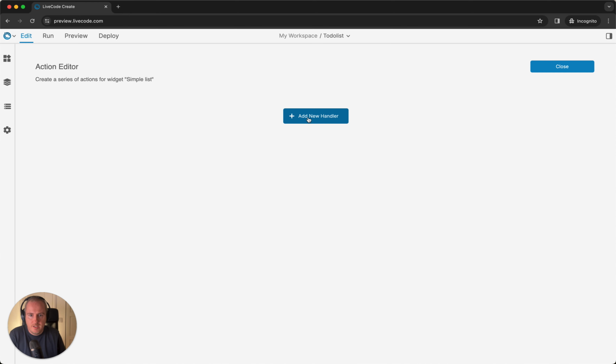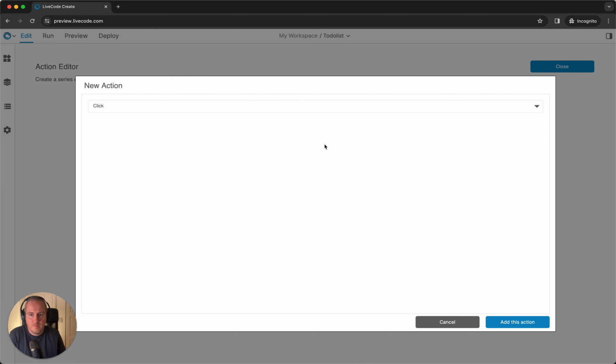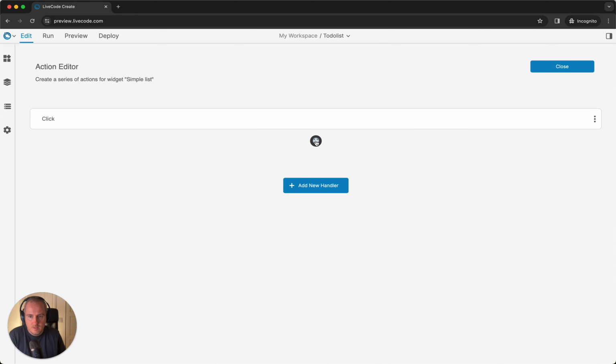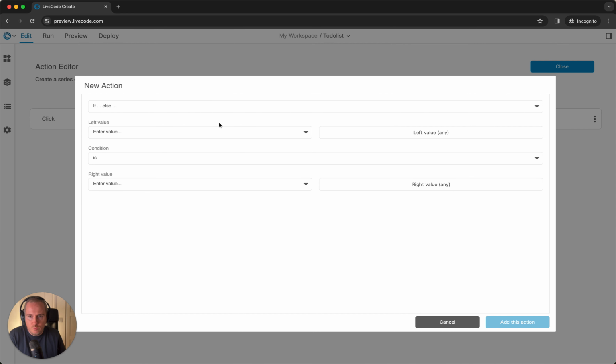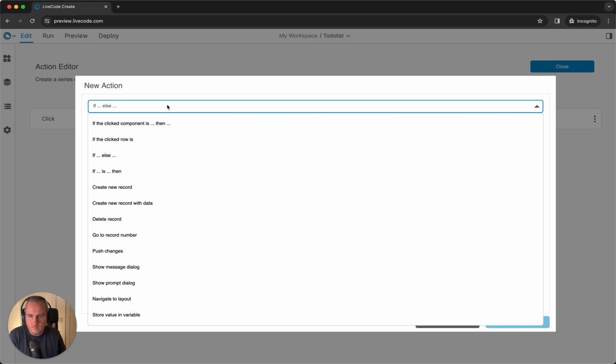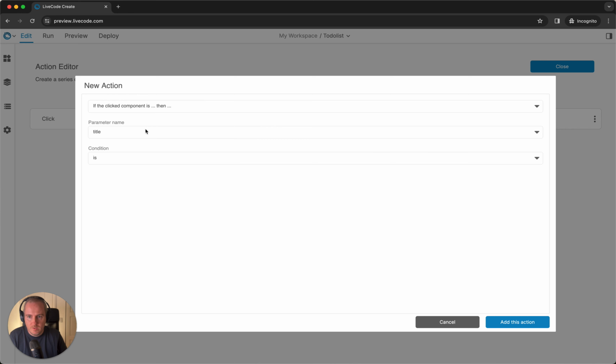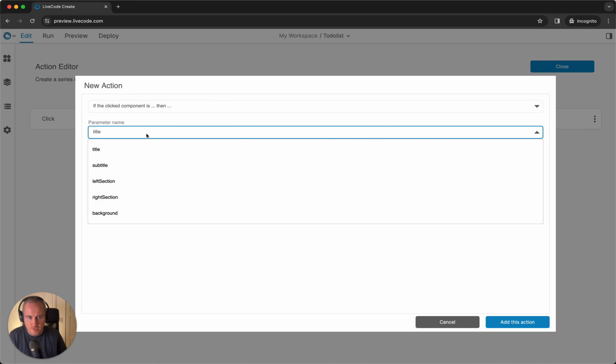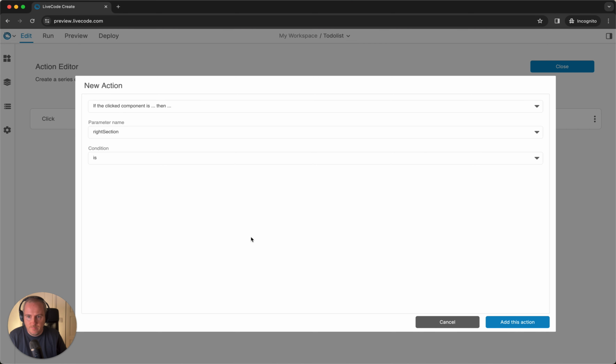So if we add a new handler again, and it's a click, and so what we want to do here is similar to the navigation rail. The simple list is a single widget that's made up of multiple components. So if the click component is the right section, which is where we are showing our blue button at the moment, so if it is the right section,